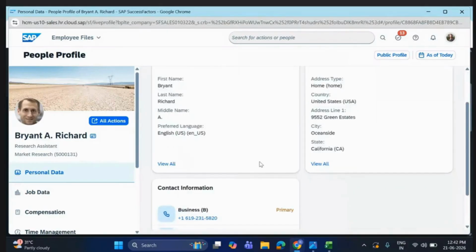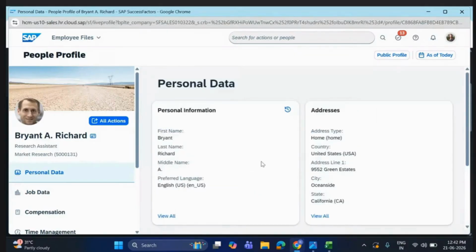But again, only the information a manager should be looking at will be visible to you. You won't be able to see the entire information about that person. Something which is very personal, like PII, like your social security number, or your very personal information, that should not be shared with anybody else, that will not be visible here.